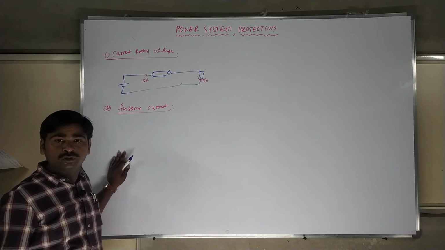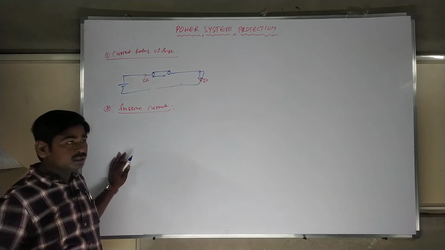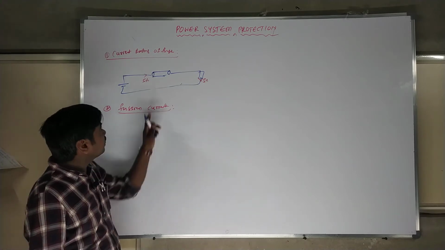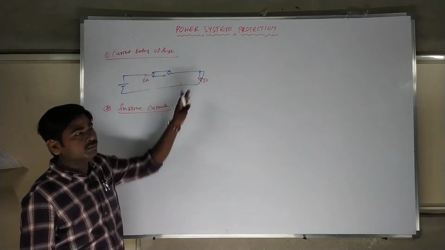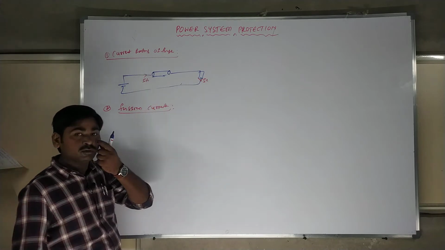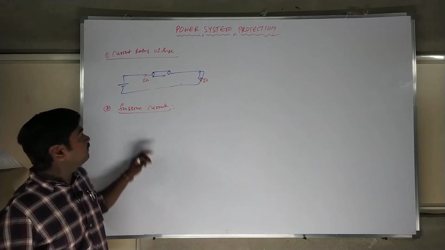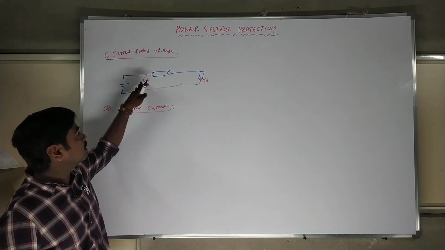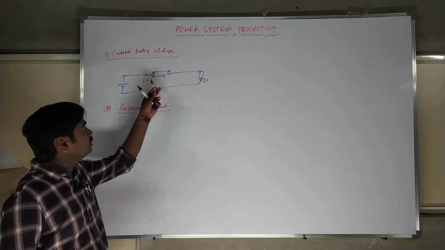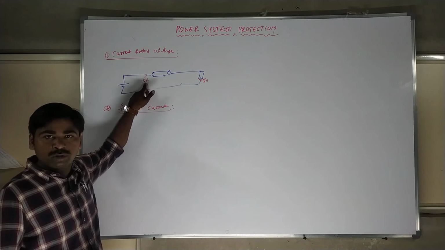Fusion current is nothing but a current above which the fuse is going to be damaged. Generally we are taking a fuse, you are sending a 5 ampere current, 5 ampere load is okay. Unfortunately, if you send 6 ampere, 7 ampere, 8 ampere current through this, the fuse starts melting. If it is more than 5 ampere, let us say 6 amps current flowing through the fuse, it starts melting, because what is the rating of fuse? 5 ampere rating of fuse.